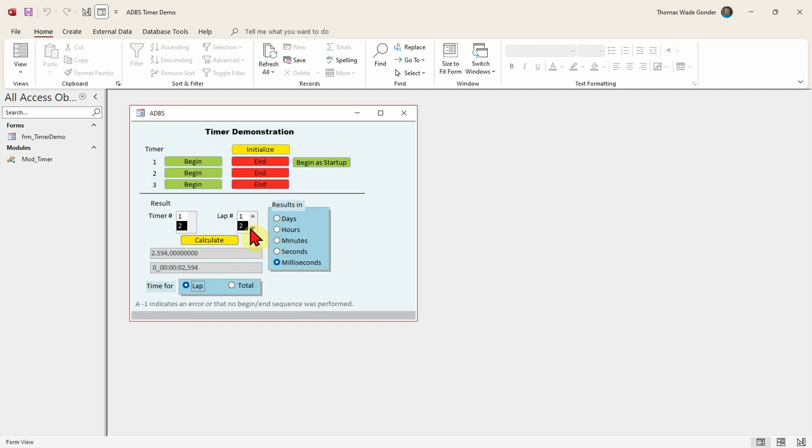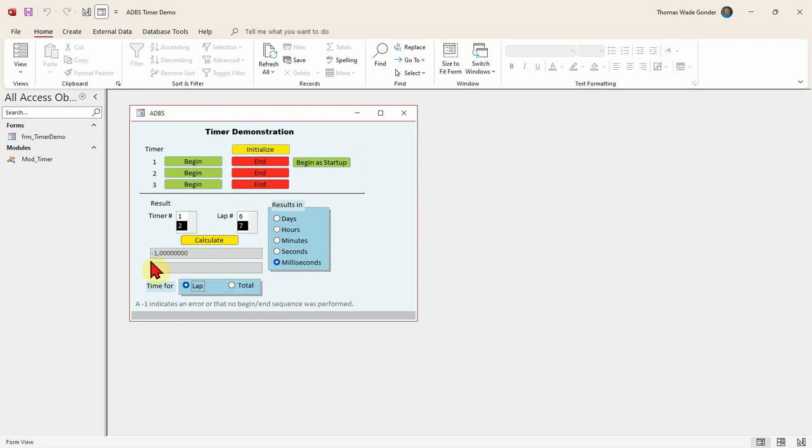Let's go to lap 3. Now use the down arrows or the mouse wheel and click on the number you want. It should go black. Then you can calculate. That'd be the 3rd lap, the 4th lap, the 5th lap, and the 6th lap. But if we go to the 7th lap, we only pressed End 6 times, we'll get